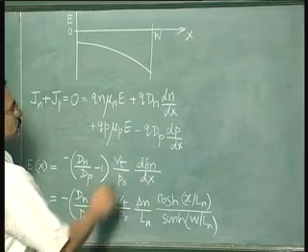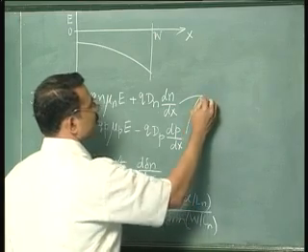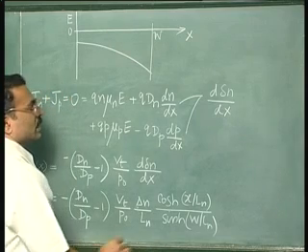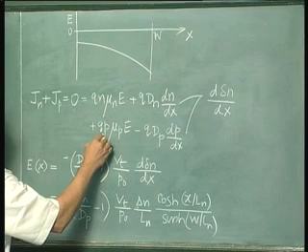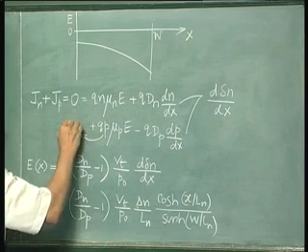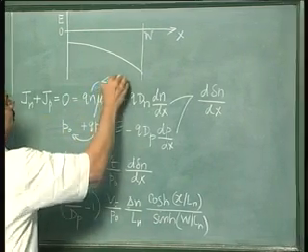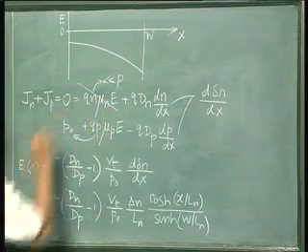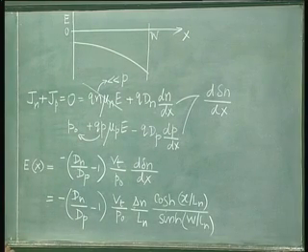Now in this whole equation you note that dn by dx and dp by dx both can be approximated to be d delta n by dx because of the quasi-neutrality assumption. Further, because of the low level assumption, P, which is the majority carrier concentration, is approximately equal to P naught, the equilibrium concentration of holes, and N is much less than P, because N is the minority carrier concentration. So in fact we can neglect this term. Now we can simplify this whole equation, and noting that the left hand side is 0, you will get the equation